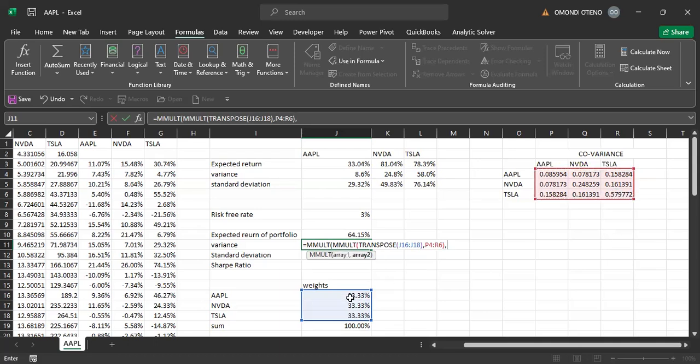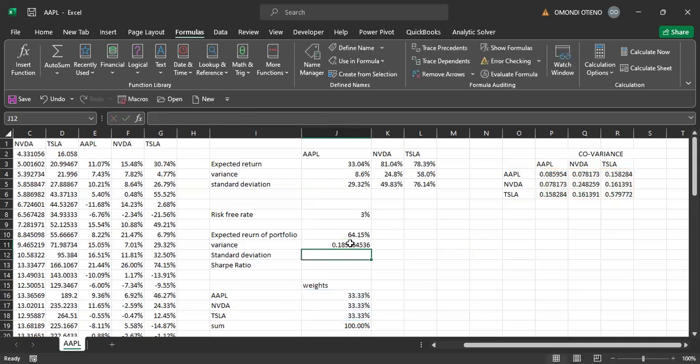Then this time around, we take the weights, but now we don't transpose, and then we multiply. So by doing that, we now close the bracket. So that's our